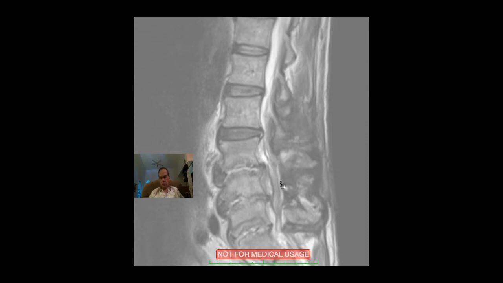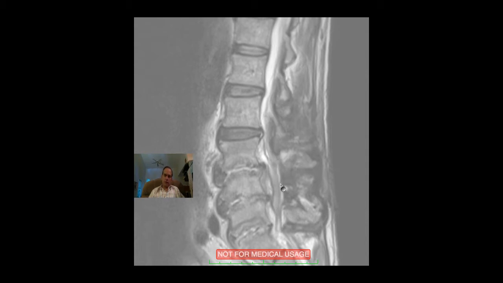And you can have pressure on a nerve causing symptoms. You can have narrowing of neural foramen causing pressure on the nerve, causing symptoms. And you can also have central canal stenosis, narrowing of the overall diameter of this tubular structure, the spinal canal, which contains these nerve roots, which are collectively referred to as cauda equina, horse's tail. So the cauda equina is a bunch of nerve roots going through the spinal canal here,